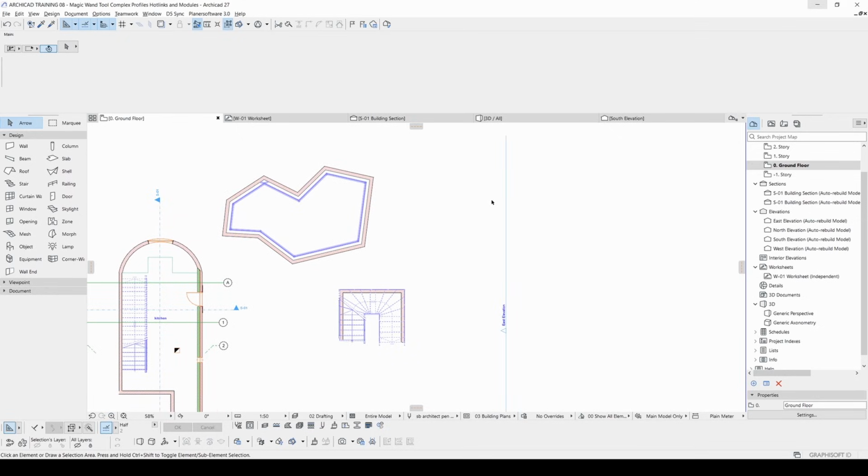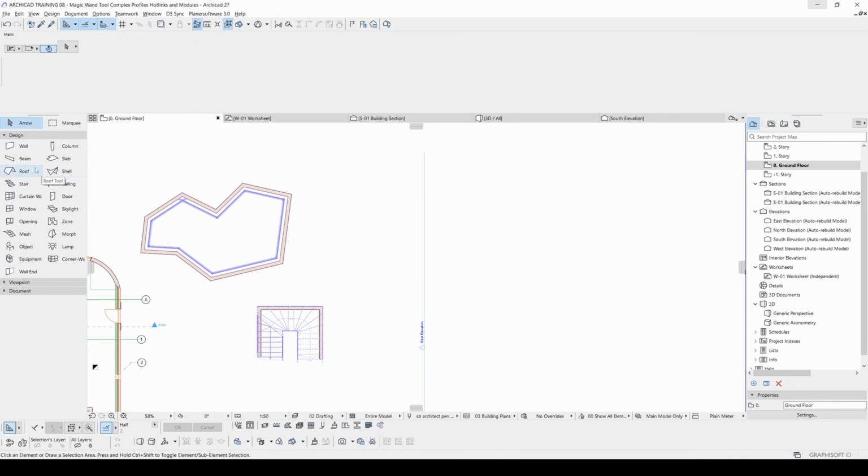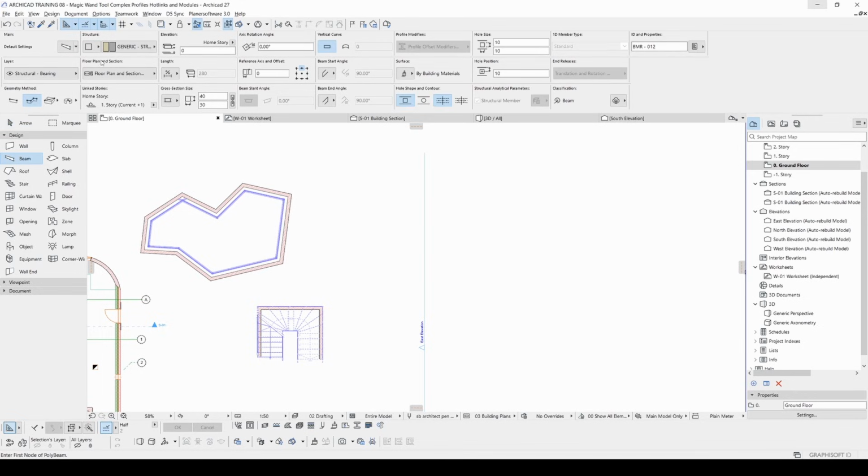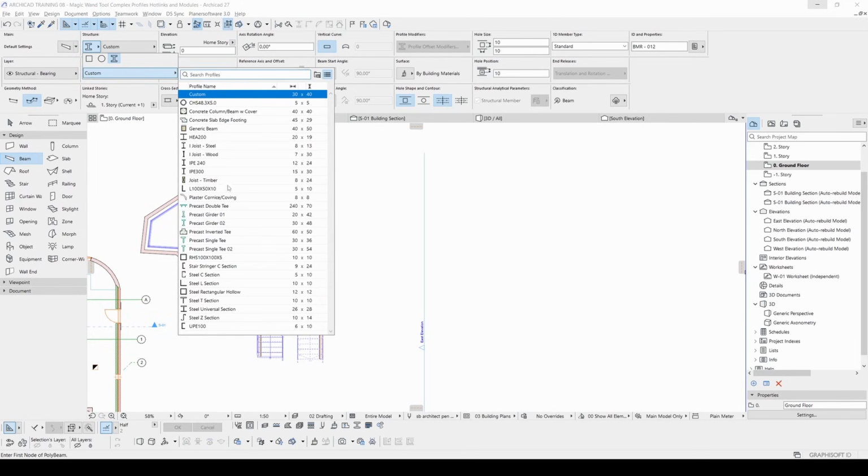Now I will show you complex profiles. What are complex profiles? If you, for instance, want to use the beam tool, before that, if you go to structure, you will see these complex profiles. As you can see in the icon, you can make a beam in this icon shape. Just hit custom, and as you can see, we can select any of these sections